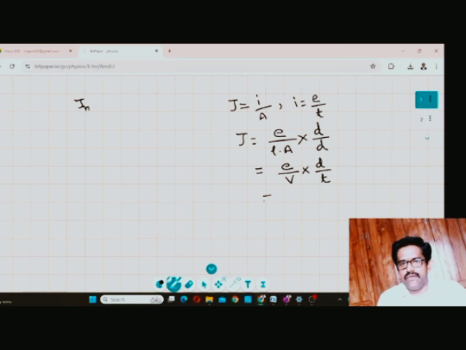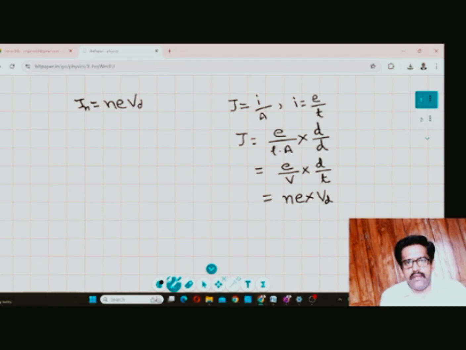Let N be the number of particles per volume, so we get N into e into d by t, where d by t is the drift velocity denoted by Vd. So finally the drift current density